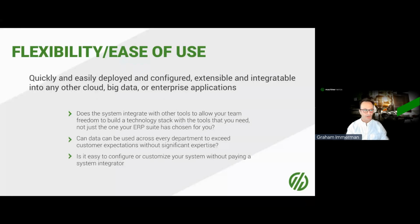The next piece of this is going to be talking about the flexibility and ease of use. Now, the right machine monitoring system will be easy and understandable to everybody who uses it. Not everyone on the shop floor is tech savvy, and the system must be accessed by operators and managers. Democratize that data, if you will. The user interfaces should be clear, intuitive. They shouldn't look like MS-DOS or AOL. It should allow for quick and simple data actionability. It should have visualizations that reflect the conditions of performance of the machine accurately. The same is true of the reports that are generated. The reports need to match the reality in what's actually happening on the factory floor, so your team can make